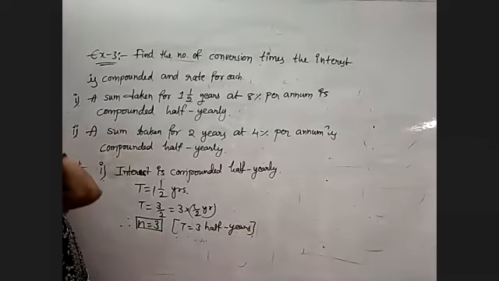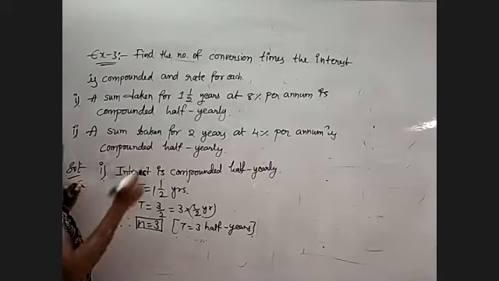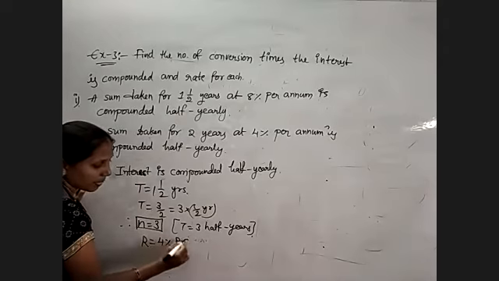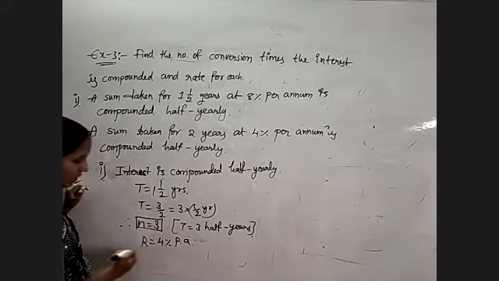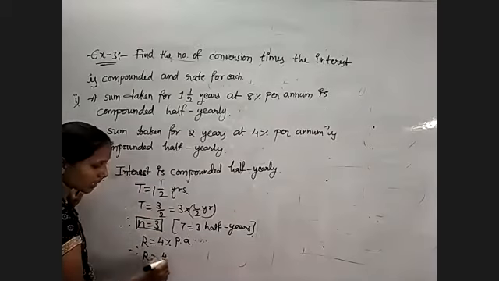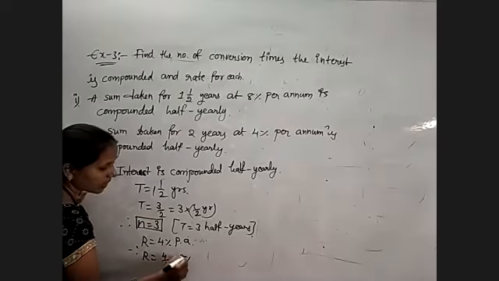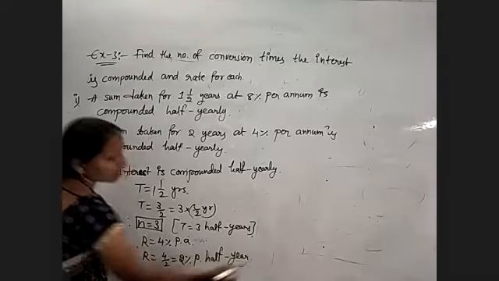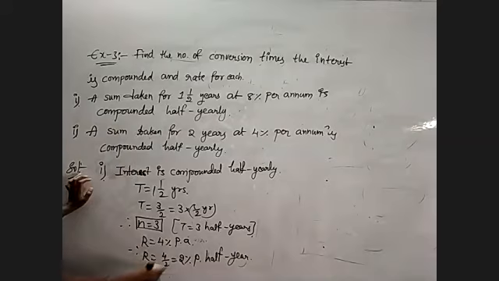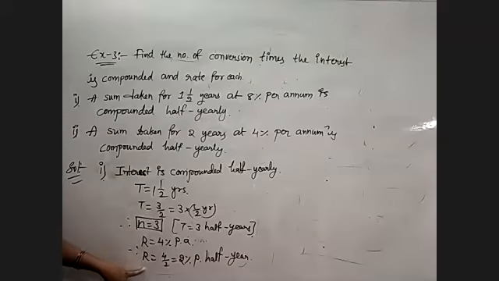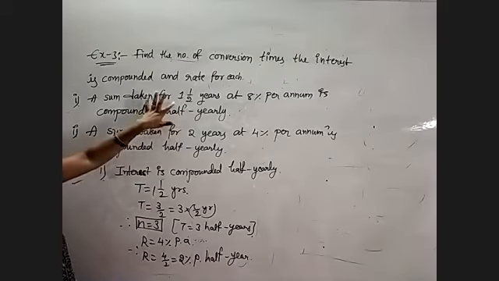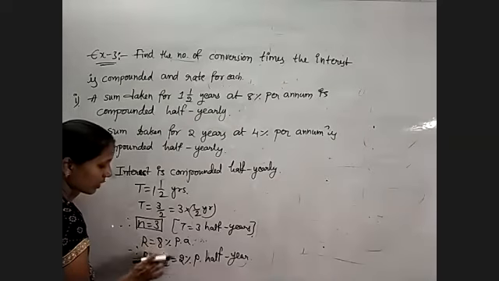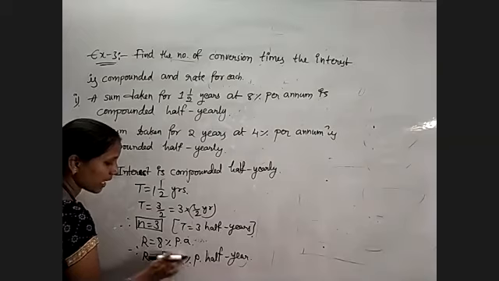Understand? Okay. Now coming to the rate of interest. Given rate of interest is 4% per annum, but we need to take it for half a year. Therefore, the rate of interest will be changed to 4/2, that is nothing but 2% per half year. So these are the required values: n is 3 and r is 2 for the first case. Sorry, here 8 is given. Rate of interest is equal to 8%. Then 8/2 is nothing but 4% per half year.